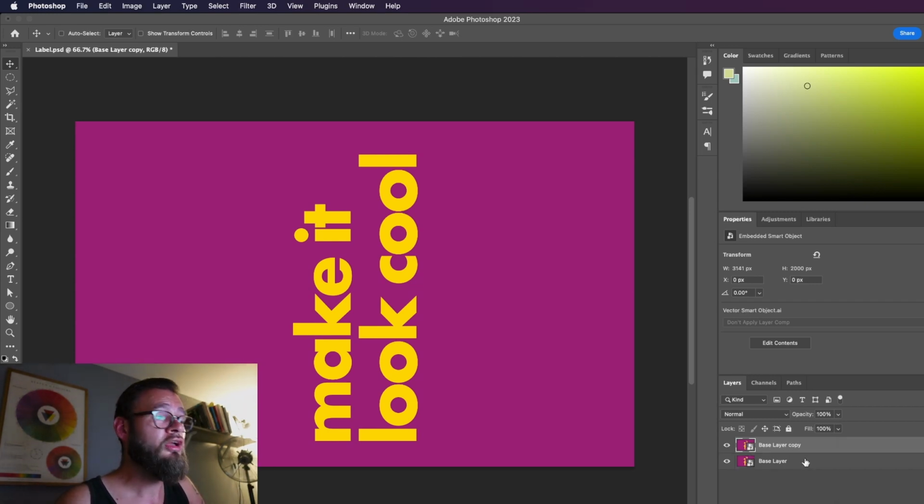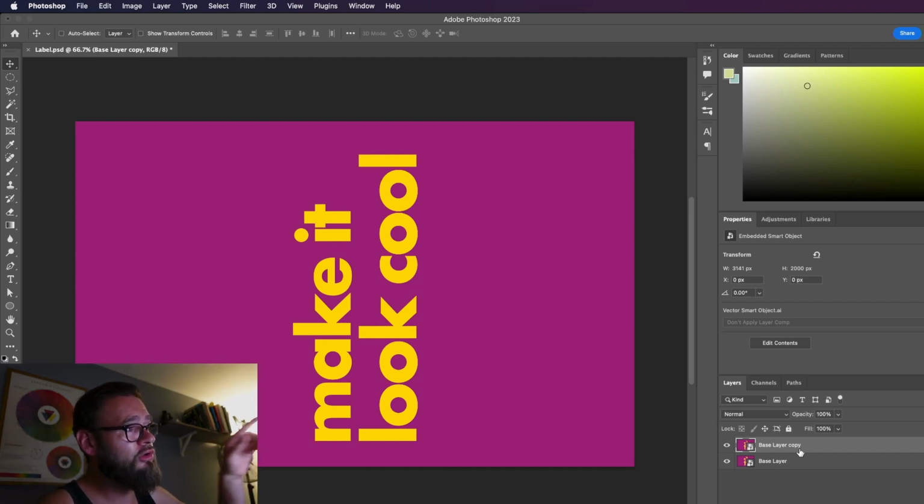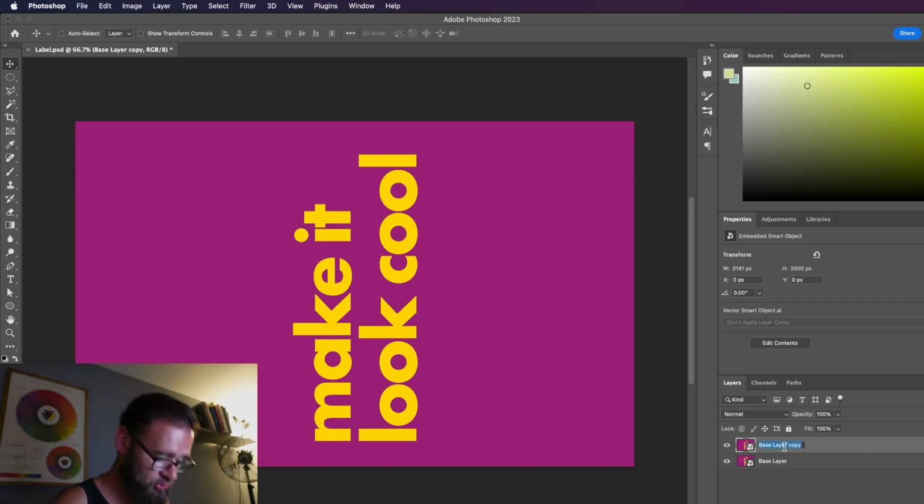Because if you copy paste a smart object, and you open that back up in Illustrator, and then you save it back to Photoshop, all instances of that smart object will be updated. So you need to create a new smart object via copy in order to edit them individually, and that's what we need to do, because I want to knock out the background layer on the base layer, but I want to call this the metallic layer,